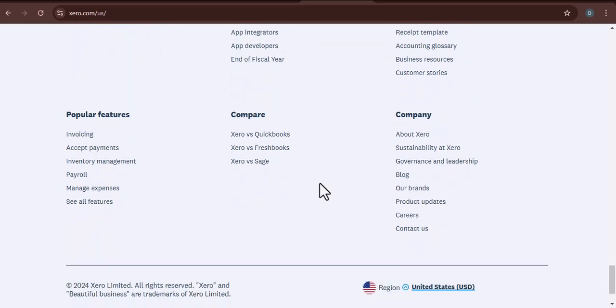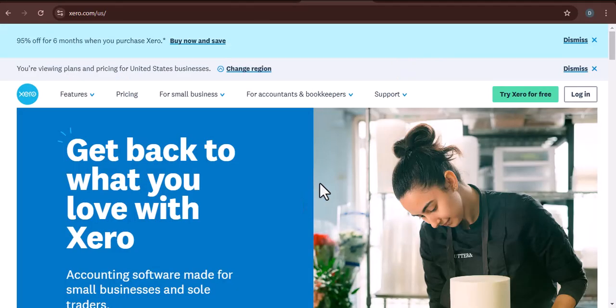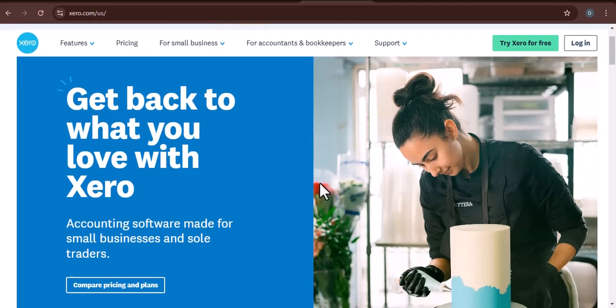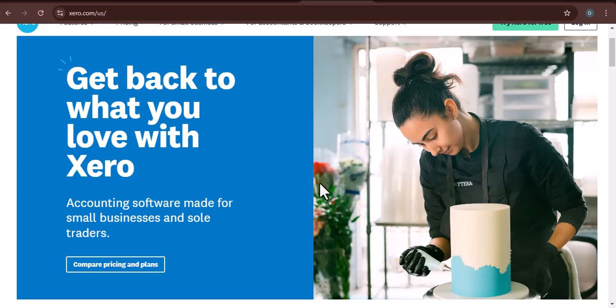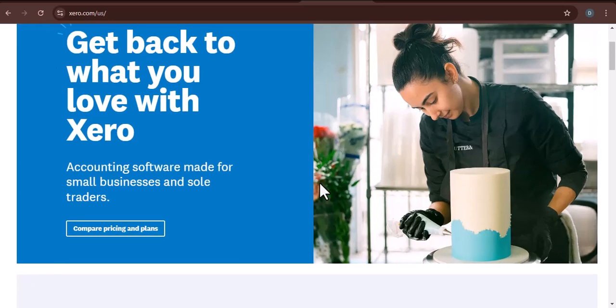Adding multiple currencies in Xero is a straightforward process that can significantly improve your financial management. By following these steps and considering the key factors, you can accurately track your international transactions, gain valuable insights into your global operations, and ensure